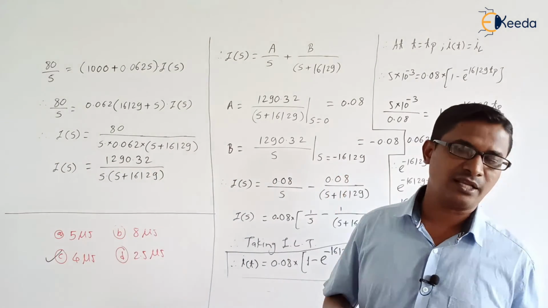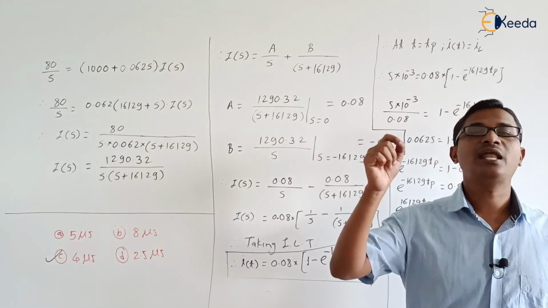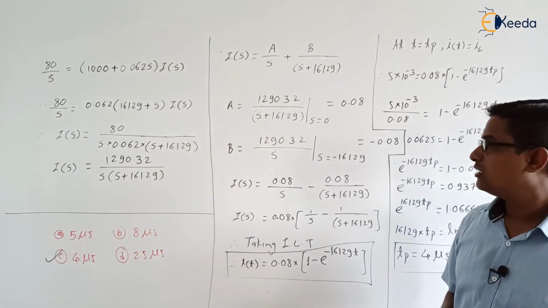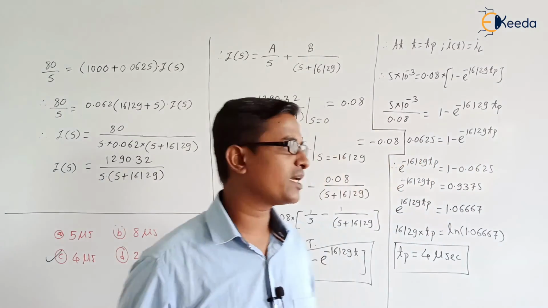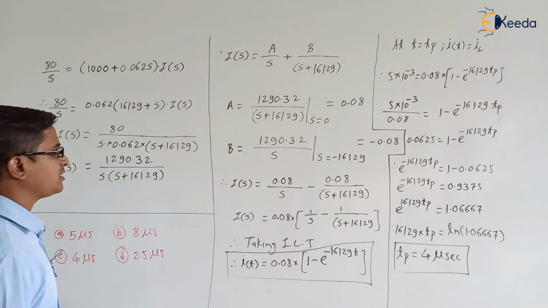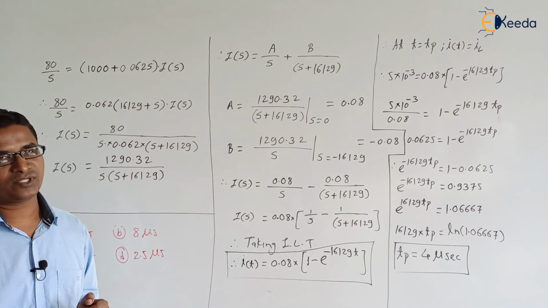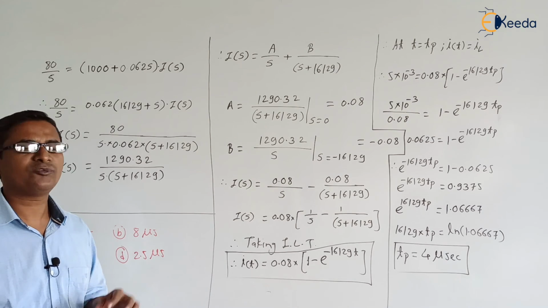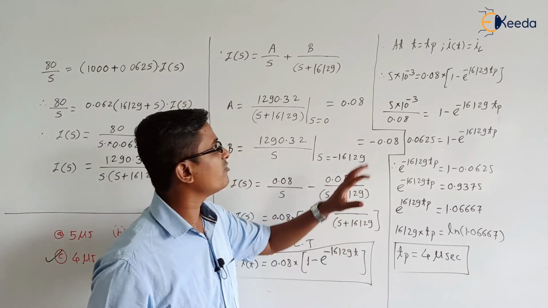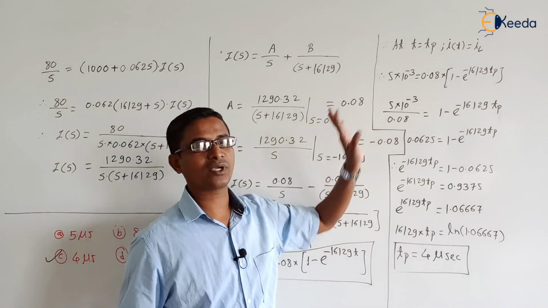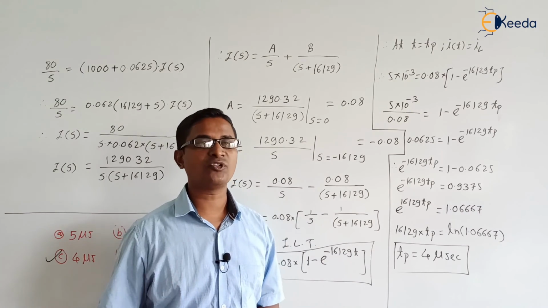Very important numerical. From this numerical you can understand what the latching current is. So here Tp means at the removal of the gate signal, because Tp indicates the pulse width of the gate signal, right? So at the removal of the gate signal, the required minimum current flowing through the SCR is nothing but the 5 milliampere they have given. So from this we can find how much Tp we require. This is about the numerical 1.